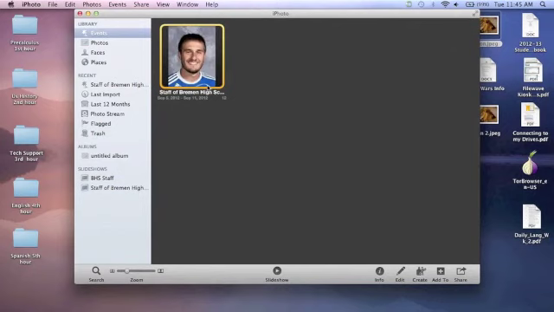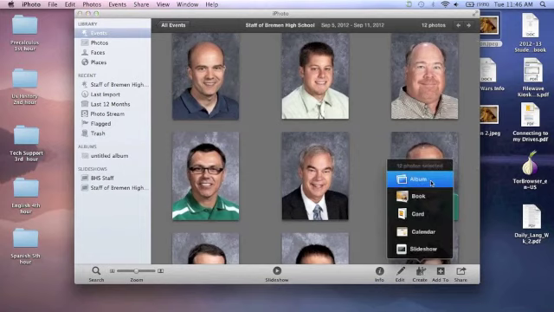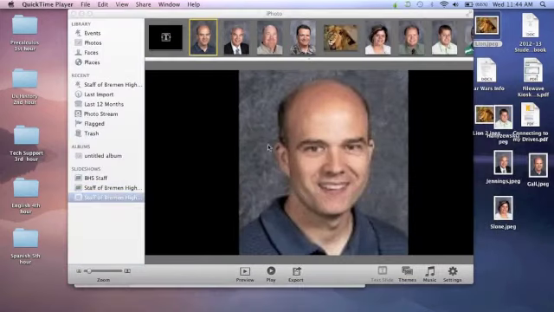like this, you can then take them and go down here to the little icon that says Create. Under Create, there is Album, Book, Card, Calendar, and Slideshow. Click on Slideshow. In this, you'll see that at the top, you can see all the photos that you have